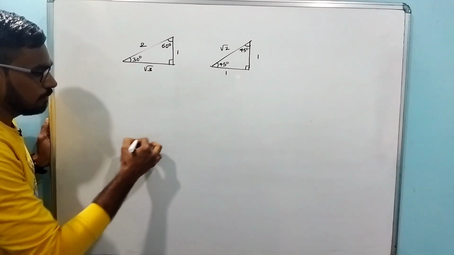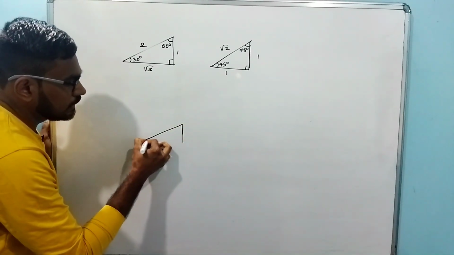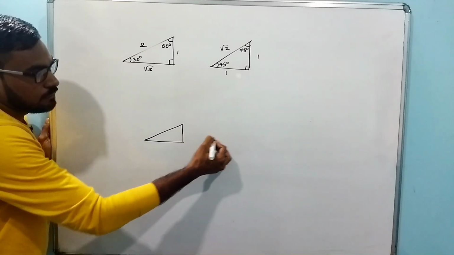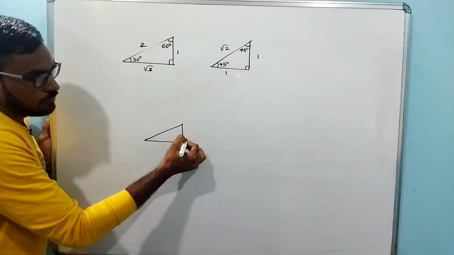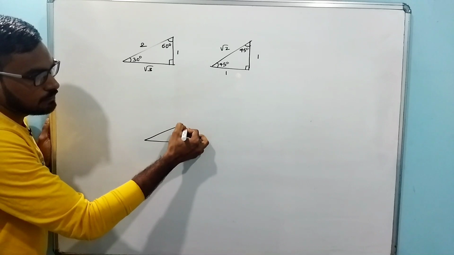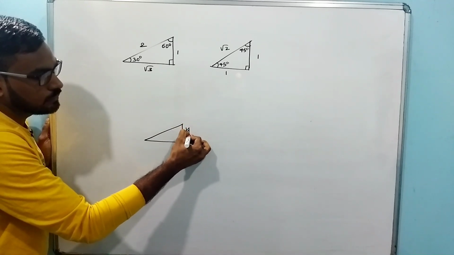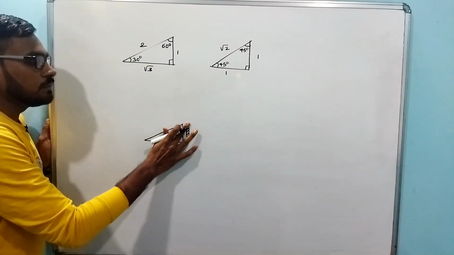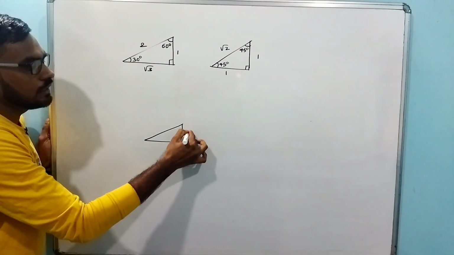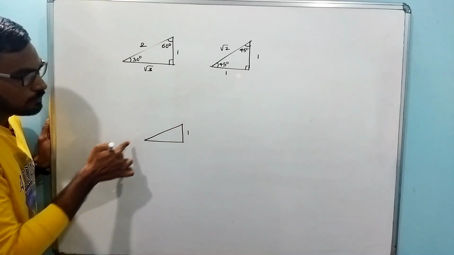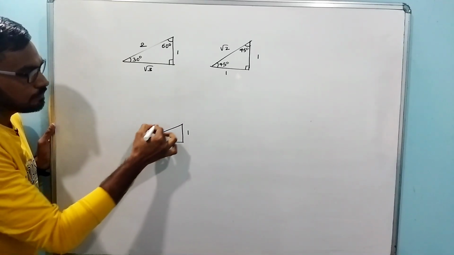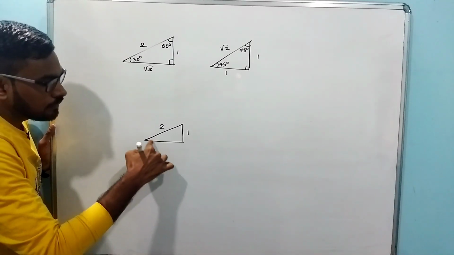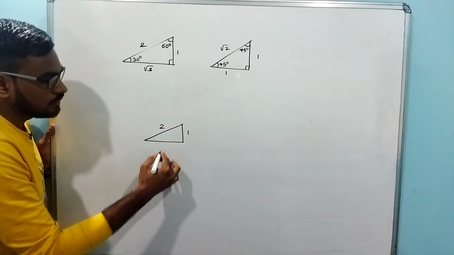See, it is like this. Imagine there is a slide like this. When you come to a slide, what will you do first? We will climb from here, there are steps here. We will climb from here to here. So this is the first step. After that, we will slide from here. So this is the second step, and finally we will again come back here to slide. So this is the third step.